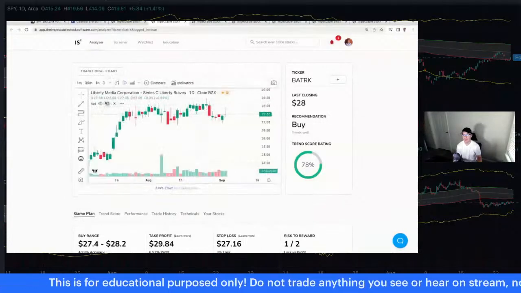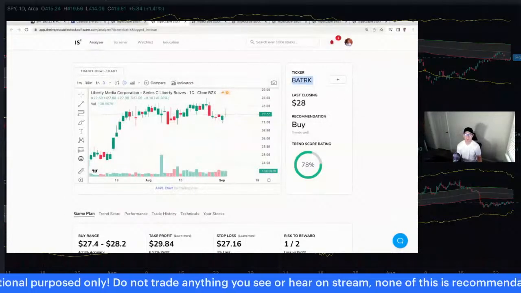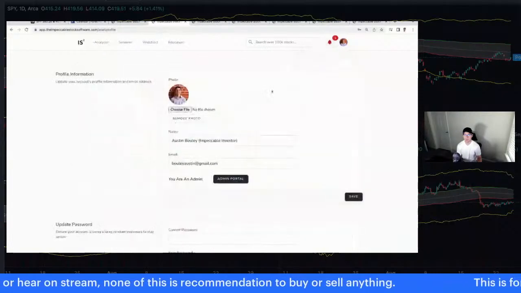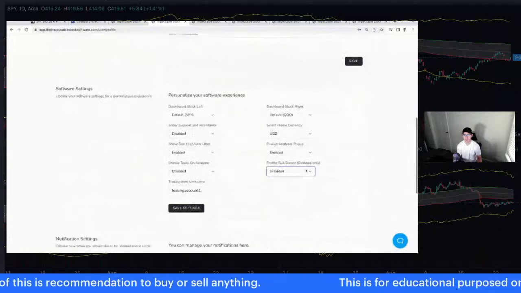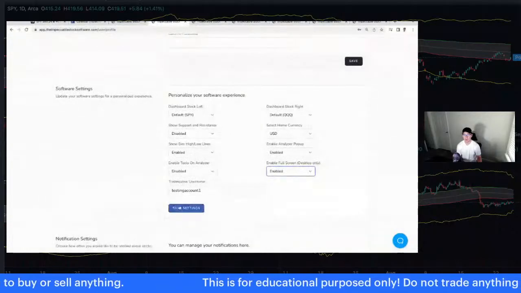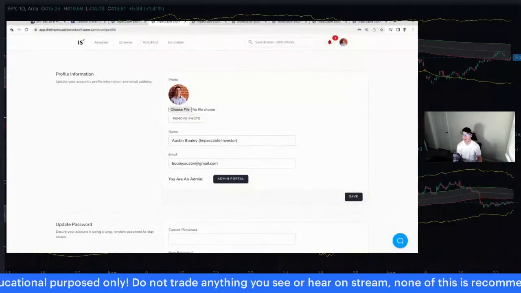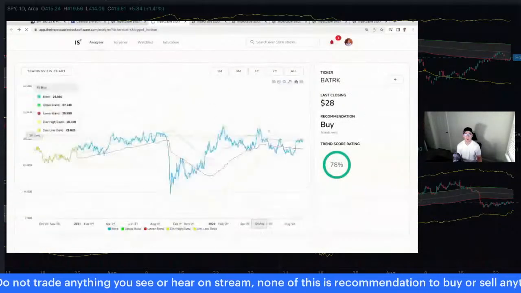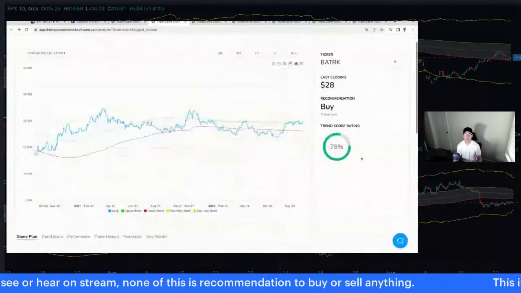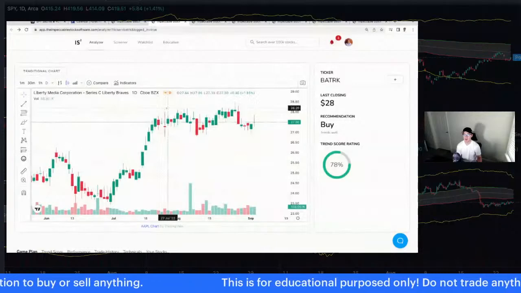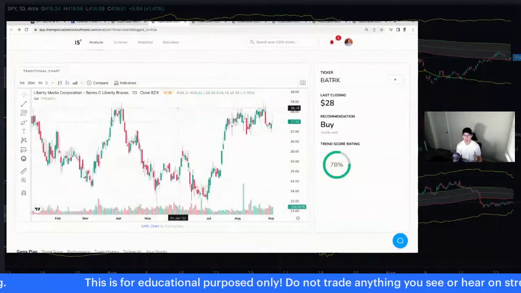Again, if we look at a traditional chart here, actually, let's do this. I forgot to change. I like to enable it to full screen so that it looks better on your viewing experience. If I go back, let's just go back. Here we go. Now we have bigger charts and bigger screens, so it's easier for you to see. Anyways, so if we go to the TradingView chart, you can see here that we have a resistance at